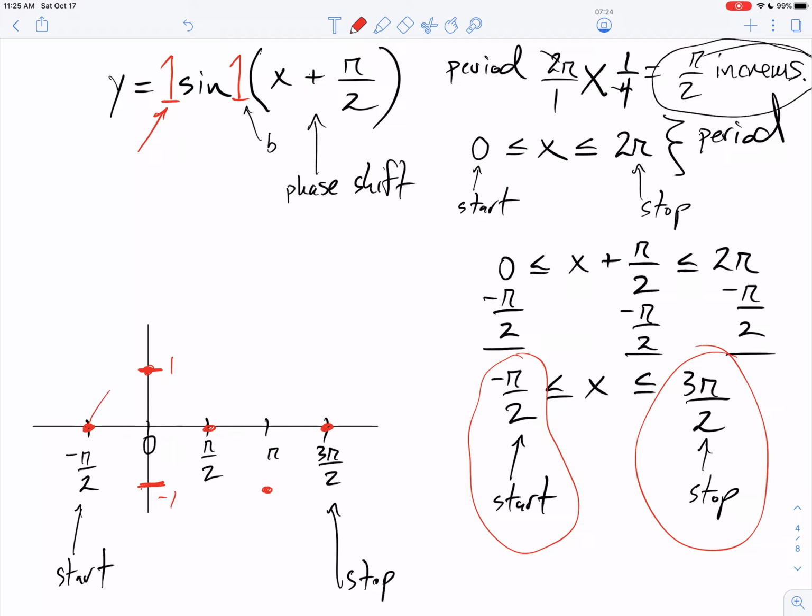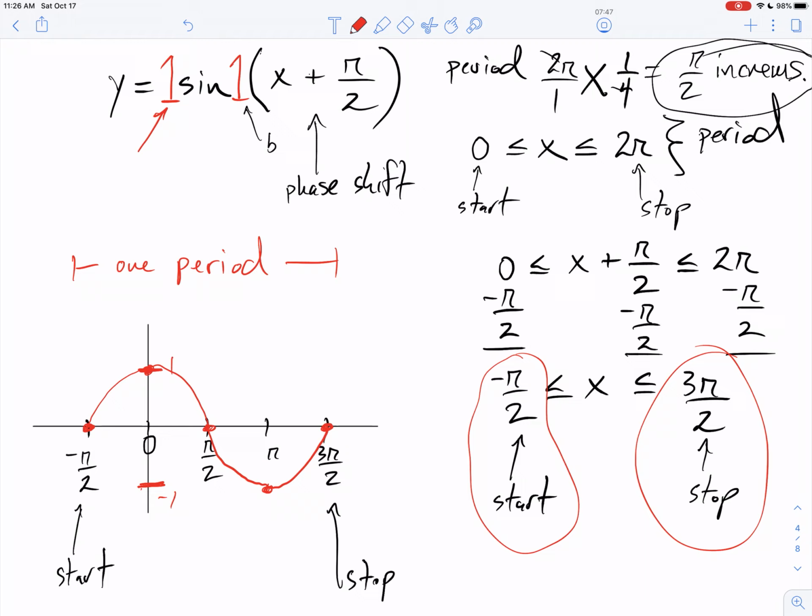And here we go. I'm going to try my best to draw this smoothly. I always wobble on the downside. Oops, I missed that one. Heck, come on, I can do a little better than that. Okay, there we go. That is one period